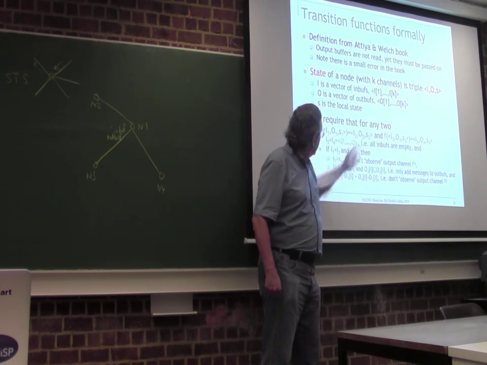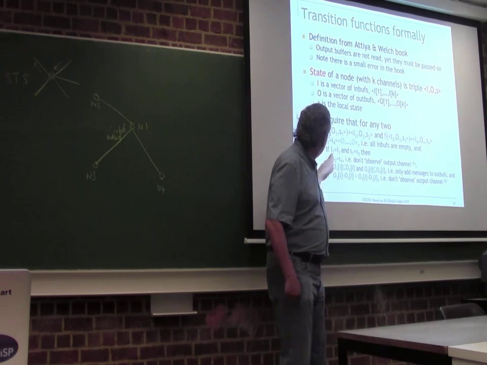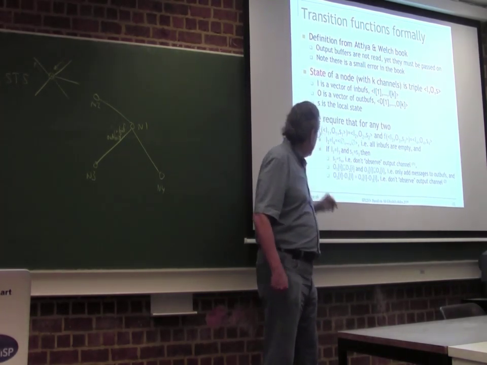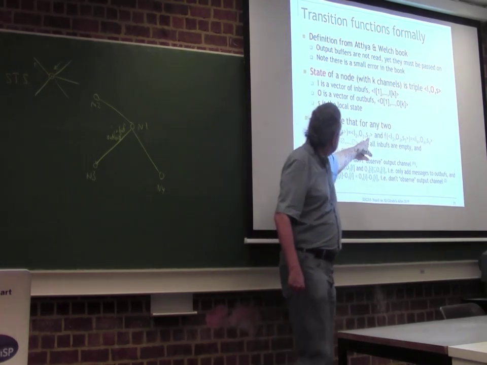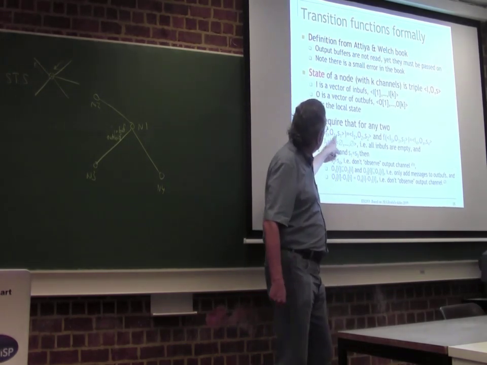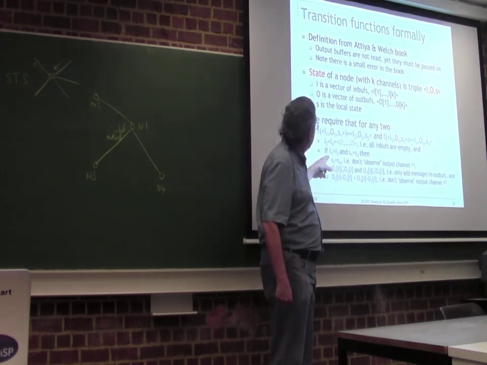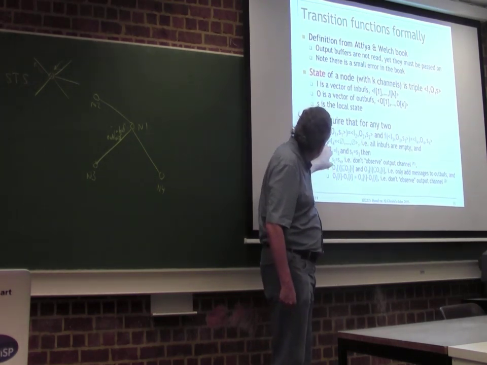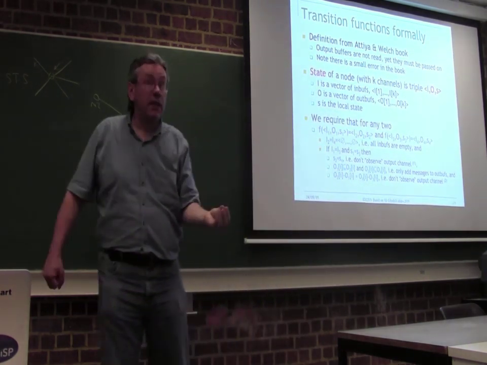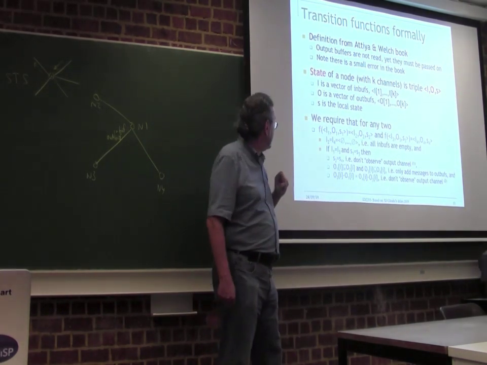So I put O there because you can actually put messages in the out buffs. So if I1 is the same as I3, and S1 is the same as S3, then S2 will be the same as S4, independent of O1 and O3. So we're not observing the output channel, okay? It's a deterministic function. So what I'm saying here is the state transition function is deterministic. It depends on the in buffs and the input state only.